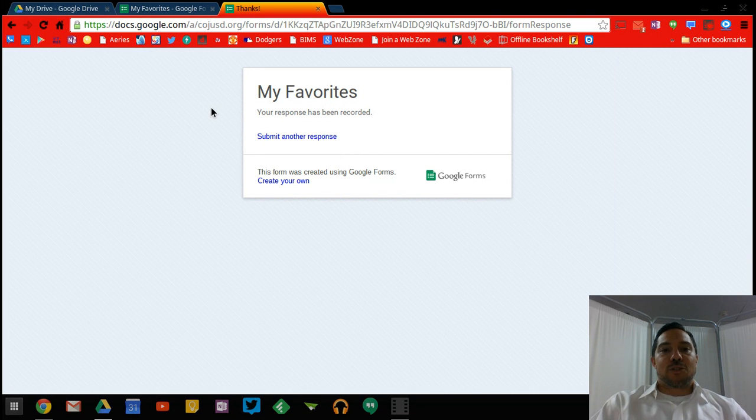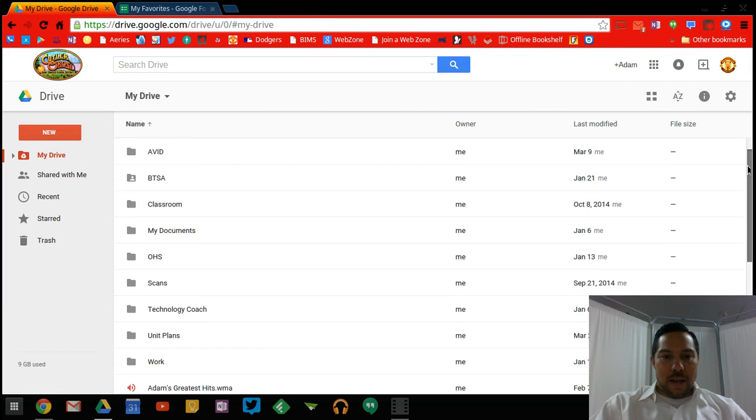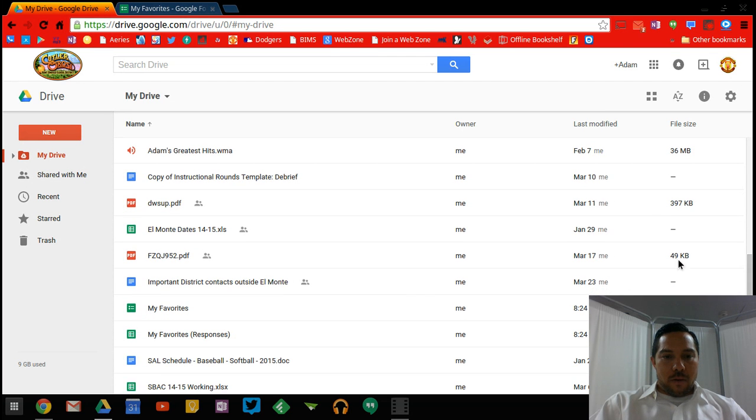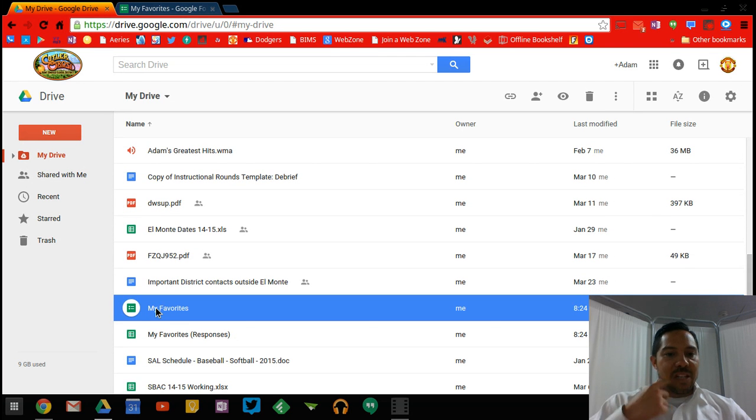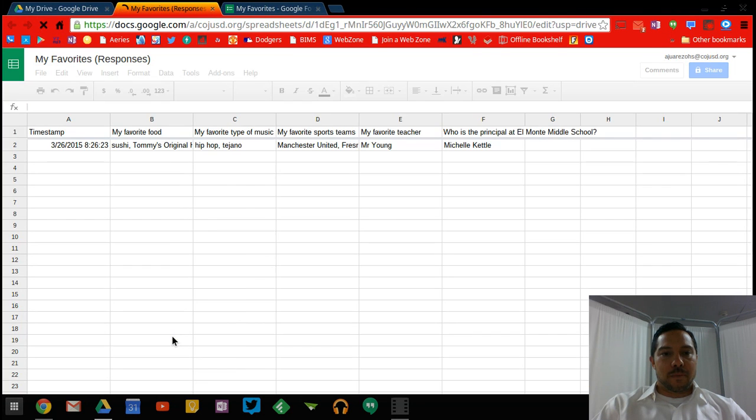Now, in your drive, right next to wherever you saved your form, will be a spreadsheet. It's the same name as your form. And the spreadsheet, every time somebody gives you a response, it updates the spreadsheet. So if I go back to my drive, I'll scroll down to where I have it saved. And right here, the first one there, that's the form itself, my favorites. Now right here it says my favorites responses. If I click on that, it's going to show